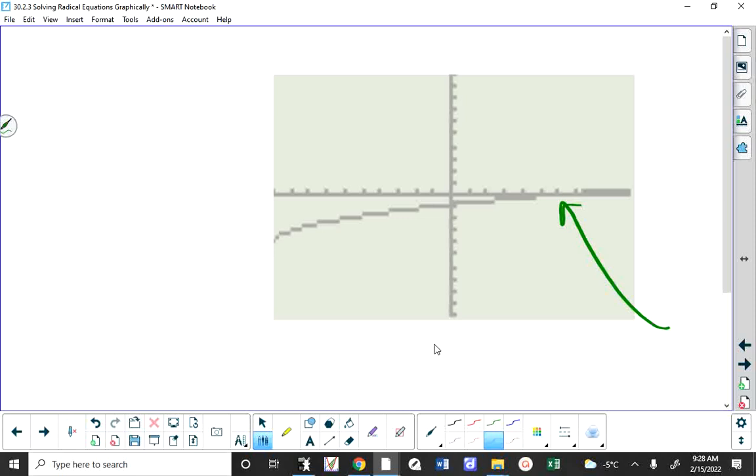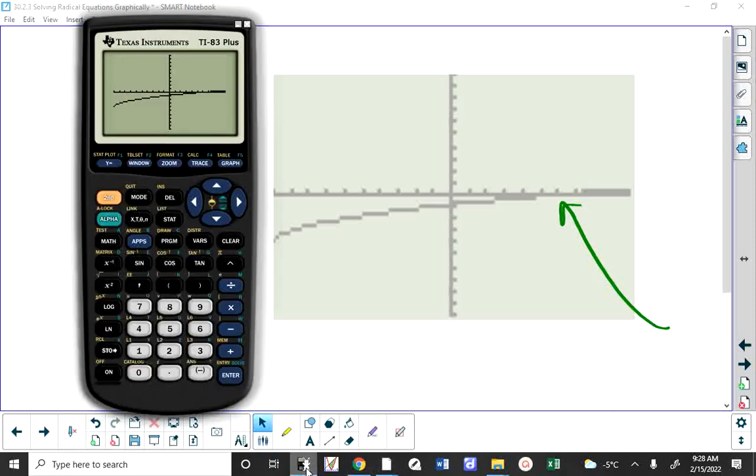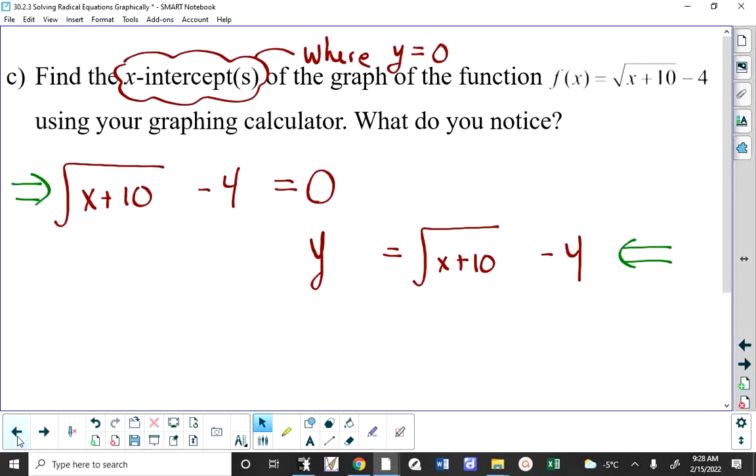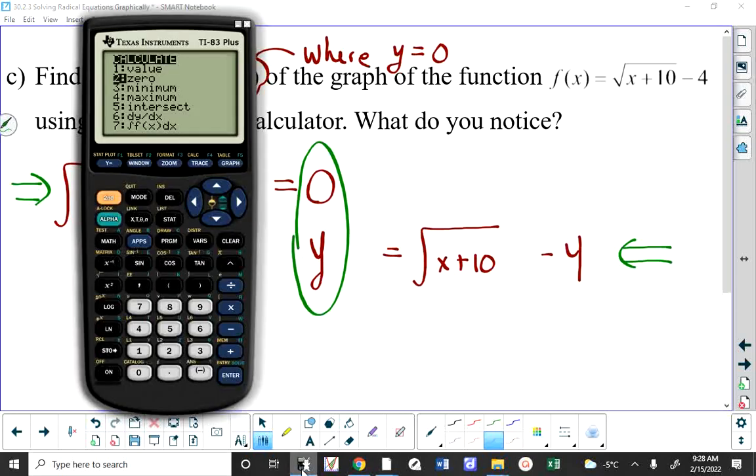To find an x-intercept on your graphing calculator, now you go to your calculate menu. It's interesting that the title of the option that finds x-intercepts is called zero. And it's called zero because it's where the function equals 0. That's the meaning of the word zero. So I choose zero, and then